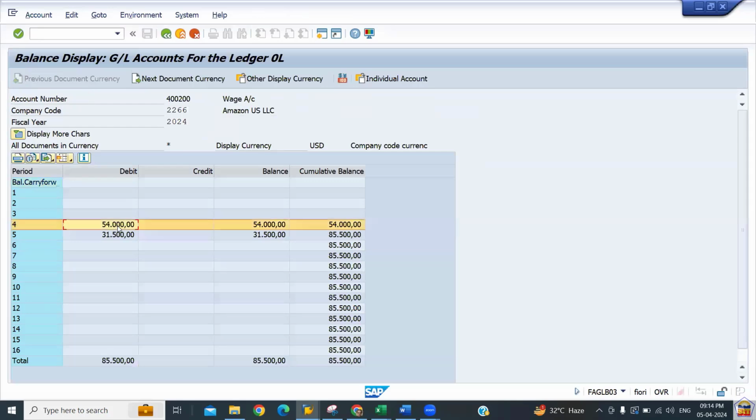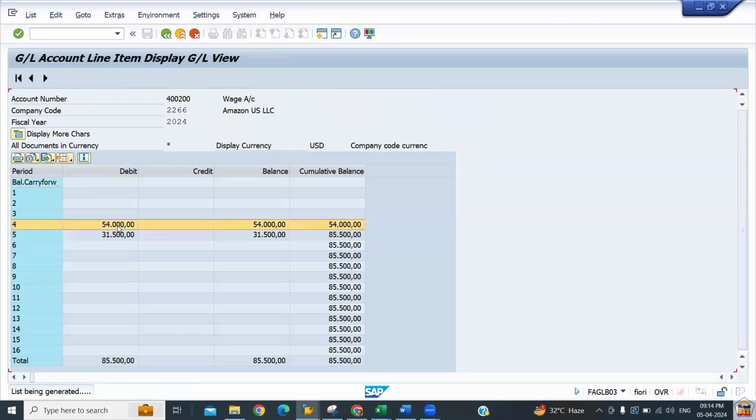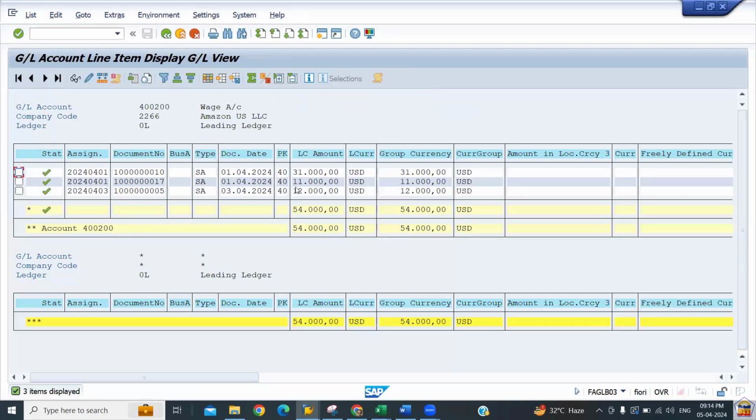We can double click on this 54,000 for the period 4, and here we have the entry of 11,000 with the date 1st of April. Document number is also coming as 10070. So this is how we can create and post our actual posting by taking a reference of the recurring document. The recurring document we created in the Fiori,